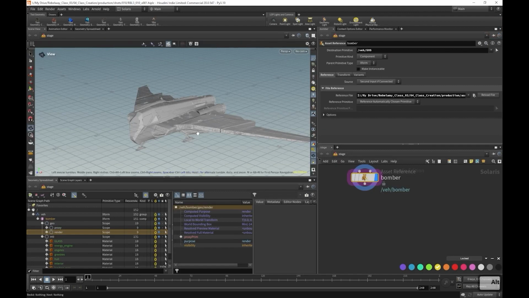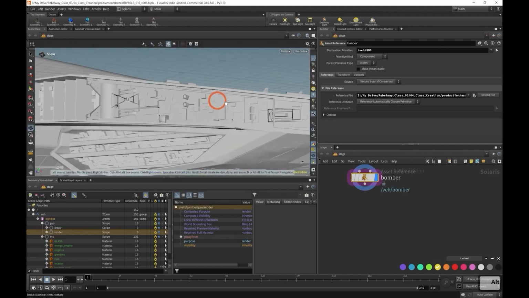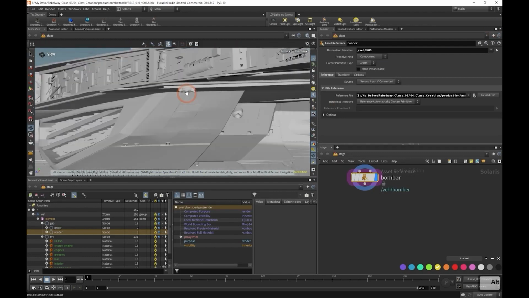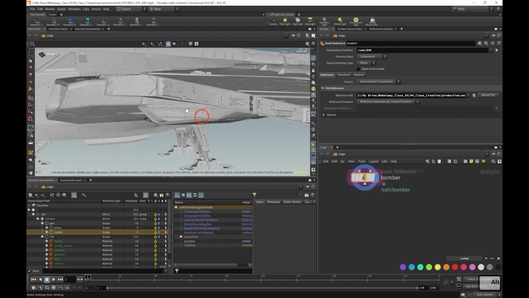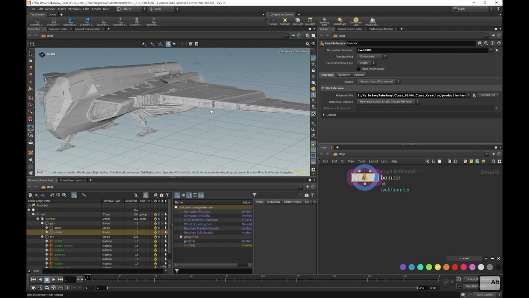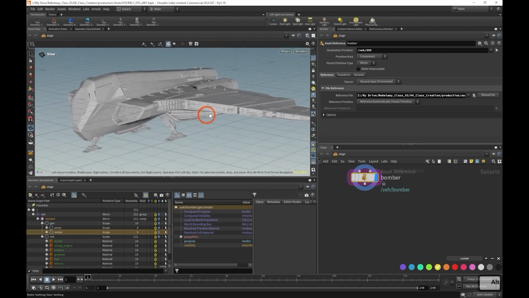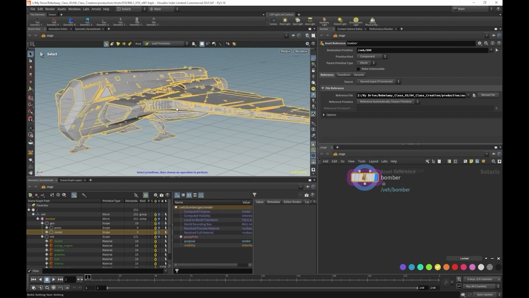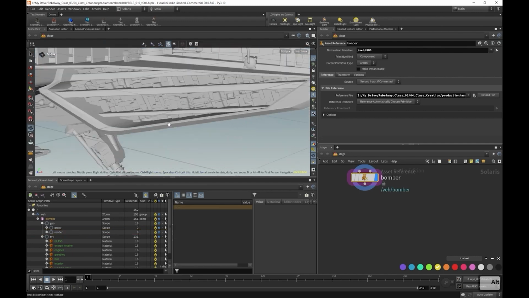So what we've been looking at in the viewport this whole time is our proxy geo. If we look close, it's kind of not the best, there's kind of some weird indents in here. And that is because in OpenGL view, Houdini knows to use our proxy mesh. If we wanted to see the final render mesh, we can control that in here. We can see that currently we have our proxy on, but let's change this to final render. Solaris will think for a second, and now we have